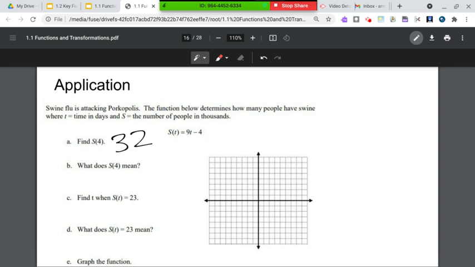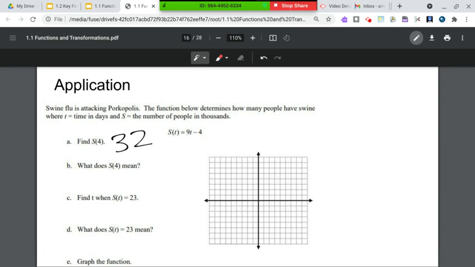S of 4 is 32. Perfect. And what does that mean in the context of the problem? 32,000 people have swine flu after about 4 days. Yes, you got it. 32,000 people have been infected with the swine flu after 4 days. Perfect. Okay, letter C. Find T when